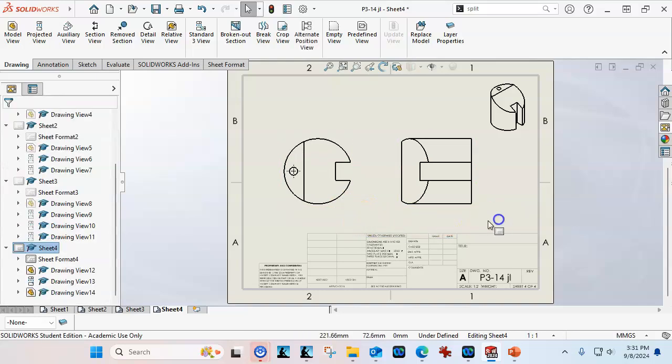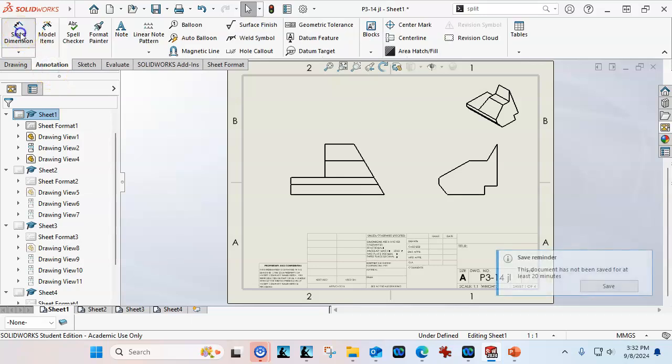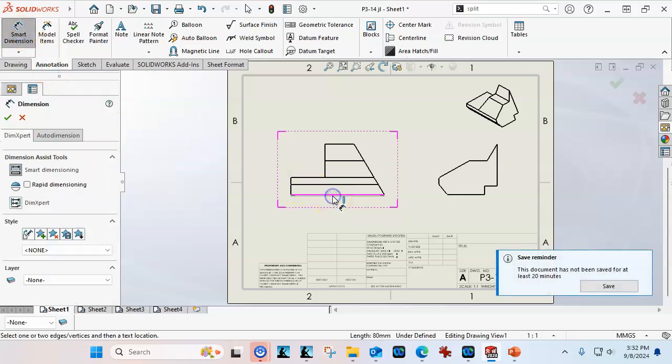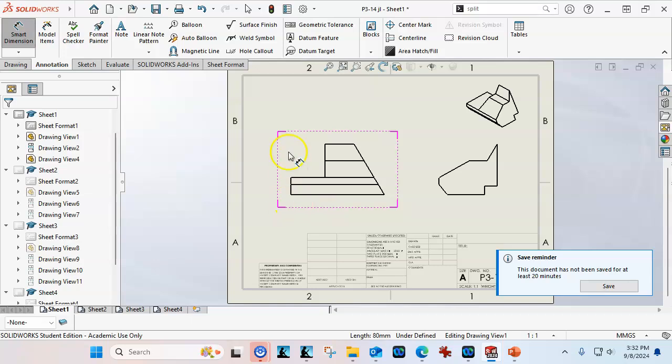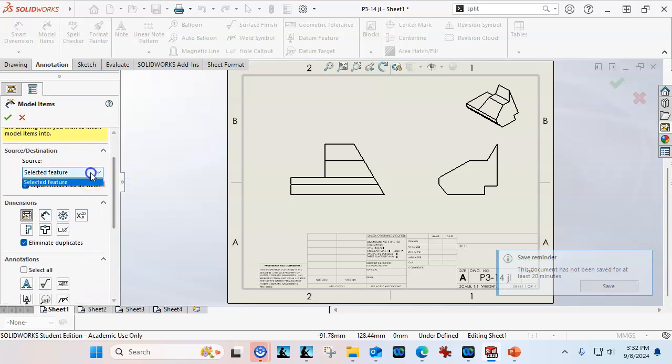Okay, so our first pass, we enter the views, think about the tolerances. Now we're ready to start applying some dimensions. So I can go into the smart dimension. Oh, yeah, we had that op-round. So where that comes in is if I go to the model items and we go for the entire model,